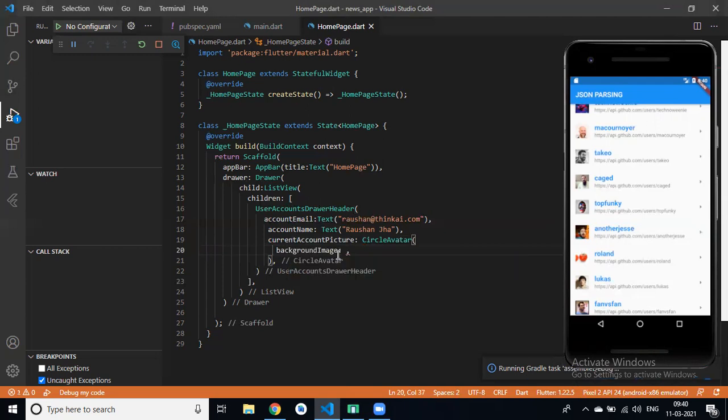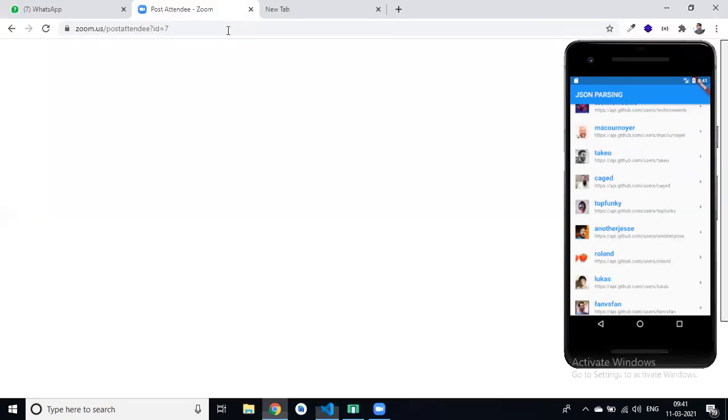In this, we can pass an image dot asset, or simply a network image also. Network image, in this we can pass our URL. Then we have a background color and all, right? Go to pixel.com.